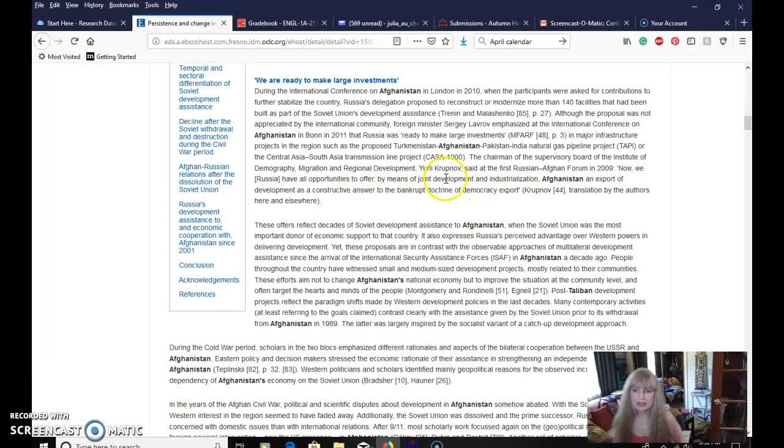Okay, and notice here in the very first paragraph, there's a comment about Afghanistan and export of development as a constructive answer to the bankrupt doctrine of democracy export.